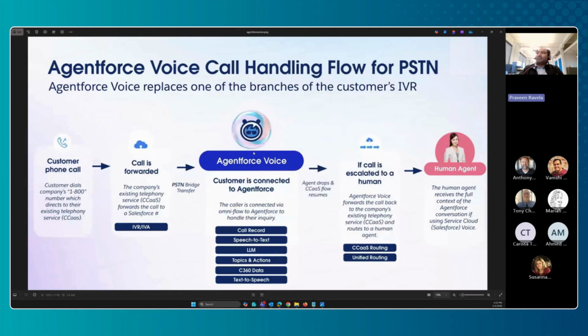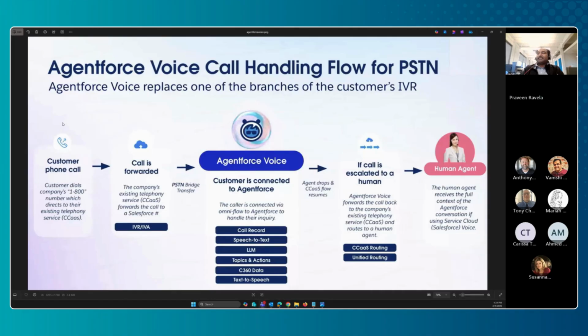Today's unboxing, we would cover the first half of this portion. And there are other steps in case there are escalations, if the bot is not able to handle it or the bot determines that certain use cases require a human intervention, then those can be routed back to a human agent. But in today's session, we'll cover what happens when a customer calls in to a contact center or to